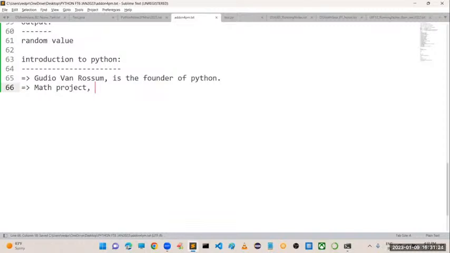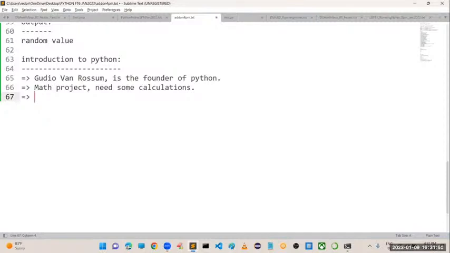While preparing a mathematics-related project, he was doing some calculations. He needed some integral or differentiation, something like that. For that he needed a script. Sir, he searched many programming languages. Those programming languages were giving results but not accurate ones.